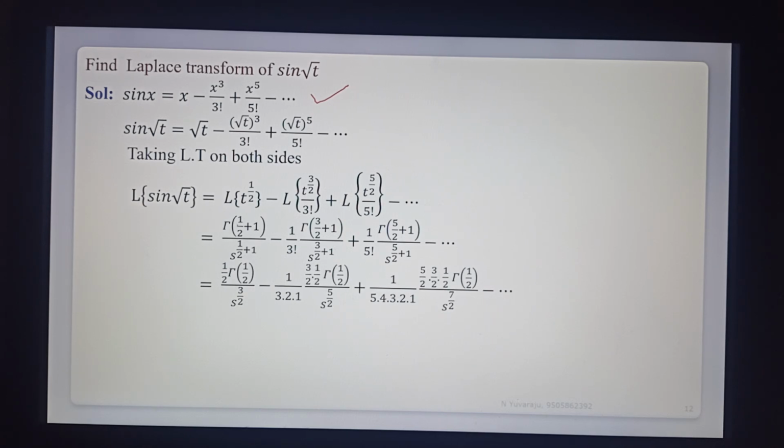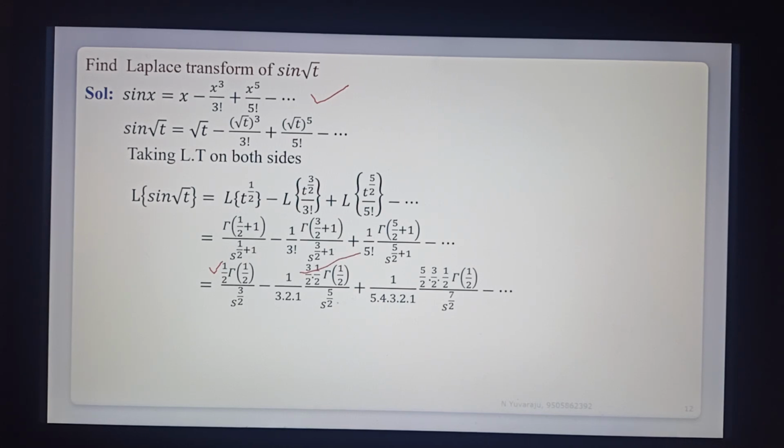So here, using the property of gamma: gamma of n plus 1 is equal to n into gamma n. Okay? 1/2 into gamma 1/2 by s power 3/2. Here 1/3 factorial means 3 into 2 into 1. So gamma of 3/2 plus 1, the simplification, that is n into gamma n. So that is 3/2 into gamma 3/2. Again 3/2, we can write it as 1/2 plus 1. So again 1/2 is common: 3/2 into 1/2 into